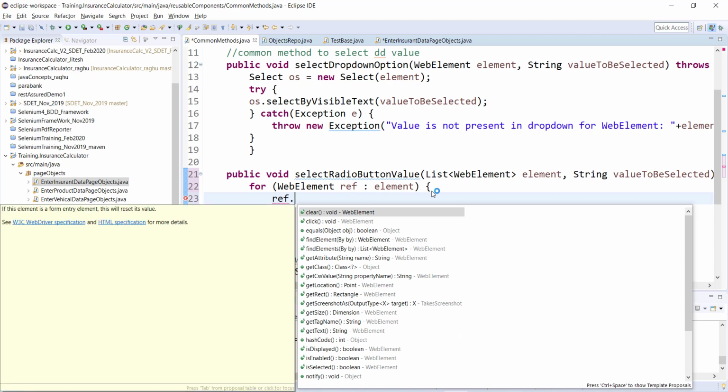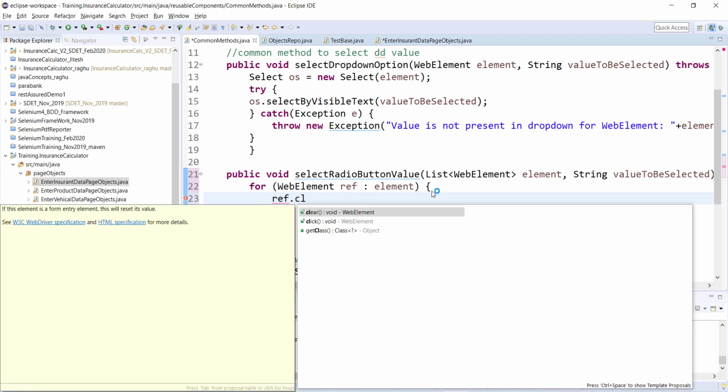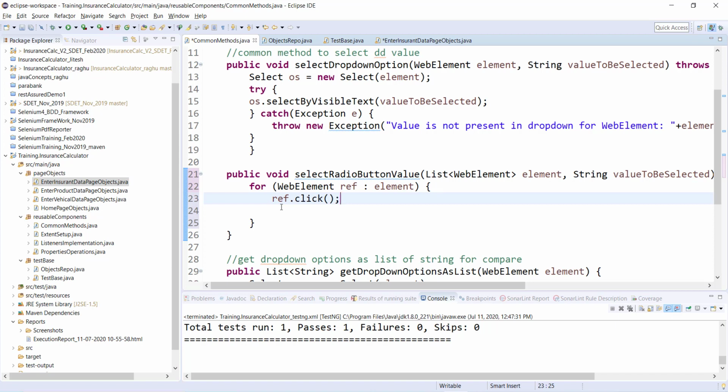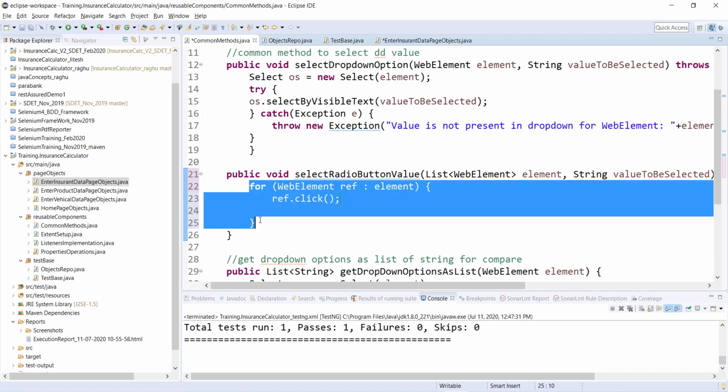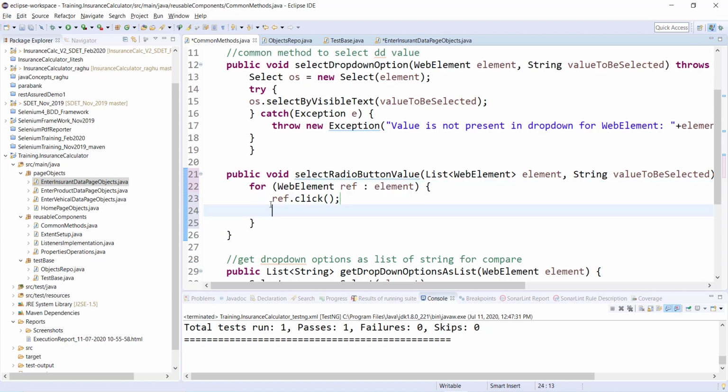Now when I do ref dot click, what will happen is it will click on the first radio button, then it will click on the second radio button, it will keep clicking, because it will iterate over the whole list. But what I want to do is check if my web element reference is for male, then click, otherwise don't click.